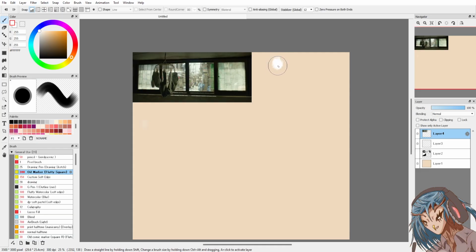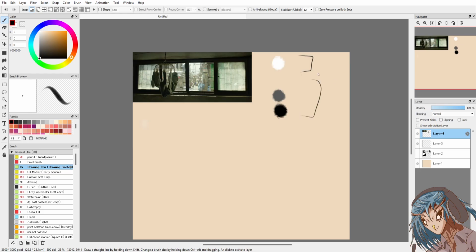Value breakdowns. We're going to be using white, black, and grab a midtone, maybe leaning towards the black. Now this is your value scale, right? If you cross this boundary where your darkest lights, does that make sense?